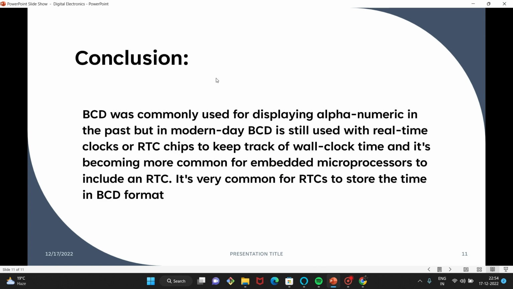And the conclusion about the topic is that BCD was commonly used for displaying alphanumerics in the past, but in modern days BCD is still used with real-time clock or RTC chips to keep track of real clock time. It has also become the norm for embedded microprocessors including an RTC. It is common for an RTC to store the time in the BCD format. Also, sometimes special bits are used for the sign or